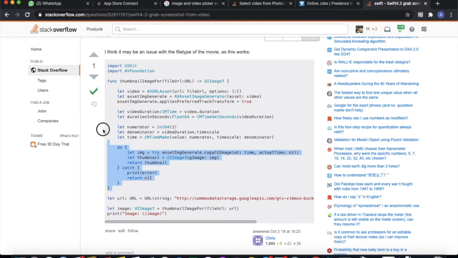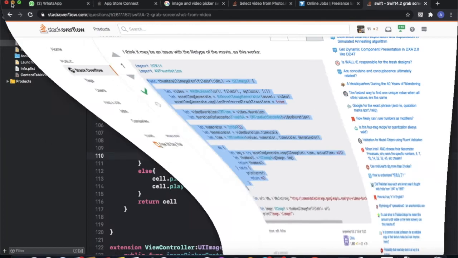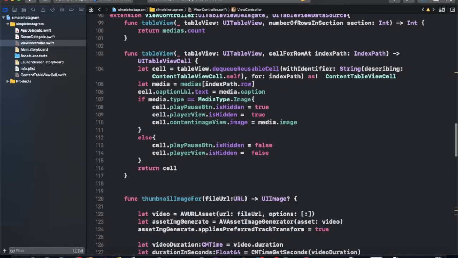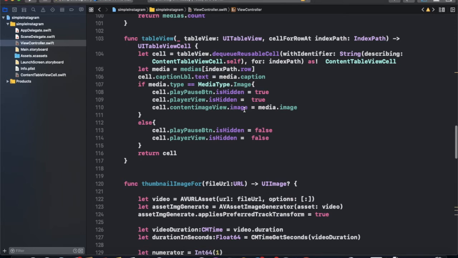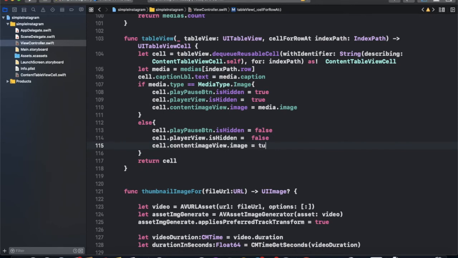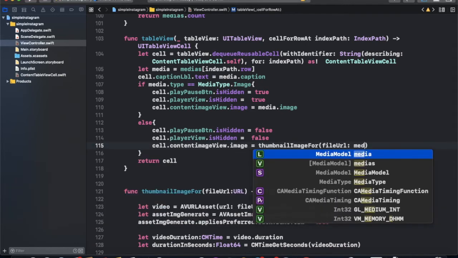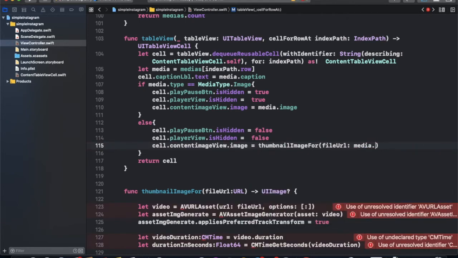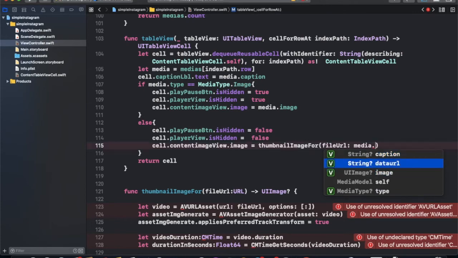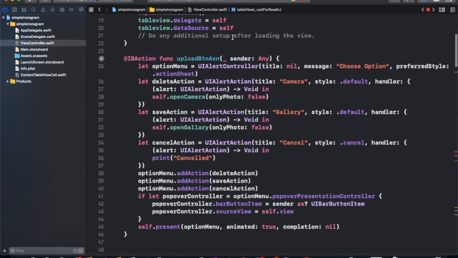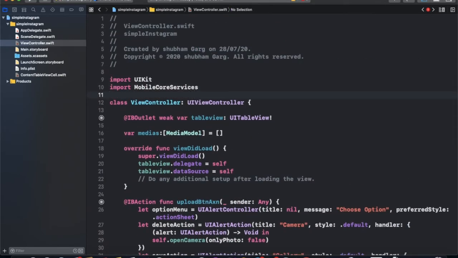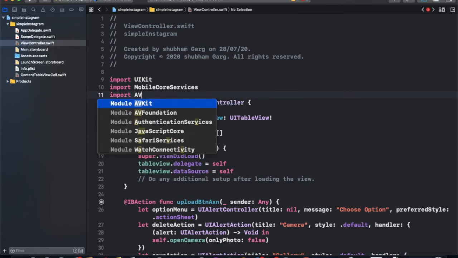You can copy it anywhere. Just copy this function and paste it here, and set the thumbnail image from URL, media.dataURL. For this you need to import AVKit.